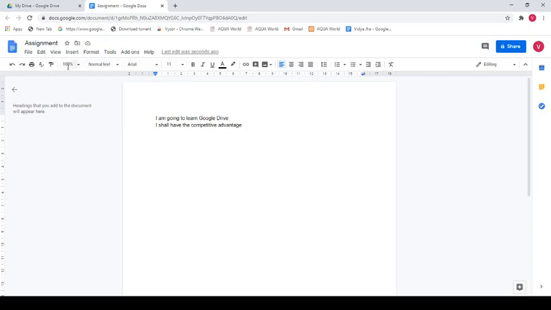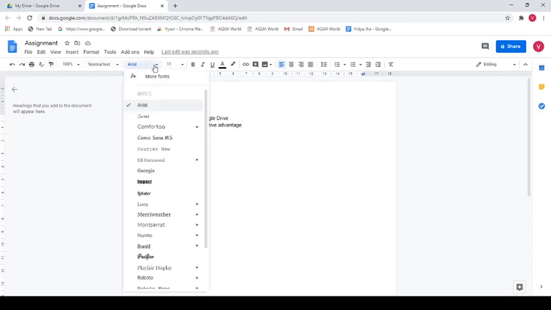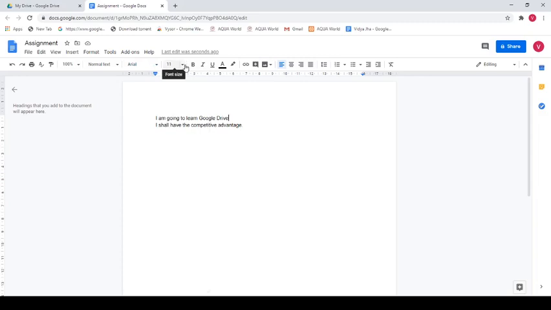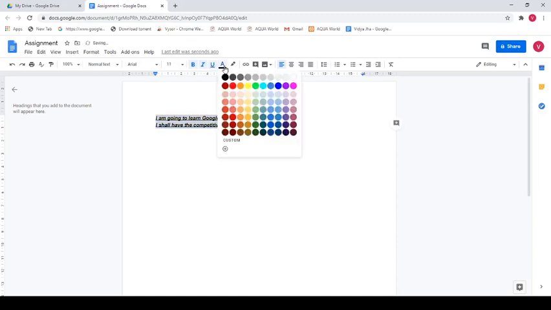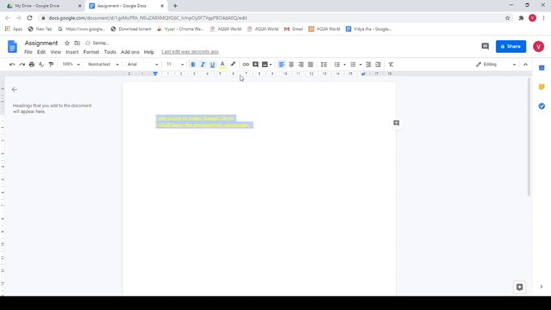And here in the normal text, whatever font you want, the size you want, you can bold it, you can put it in italics, you can underline it, and use various colors, or whatever you want. And you see, the minute you are doing it, it is automatically saved. You don't have to press Control S every time. It is saved just as it is, right?